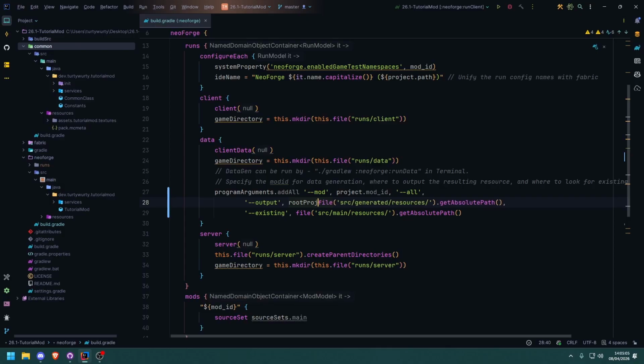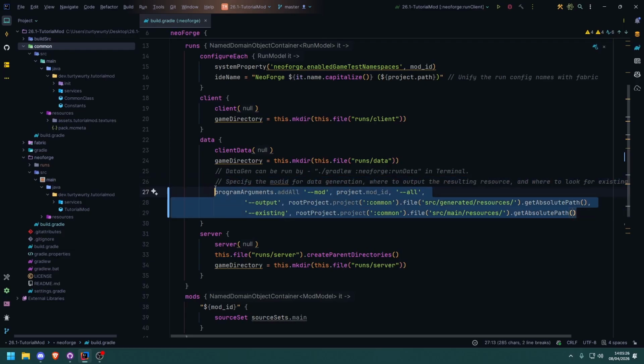we're going to do root project dot project, and then parentheses, and inside the parentheses we're going to put some quotes, and we're going to put colon common inside those quotes, and then we're going to put another dot. And then we're just going to copy that and put that on the line below before file as well. So what this means is that rather than it currently targeting the current project, which is the NeoForge one,